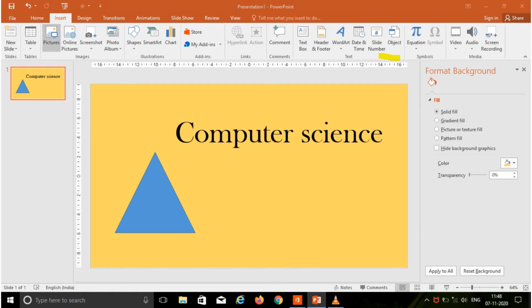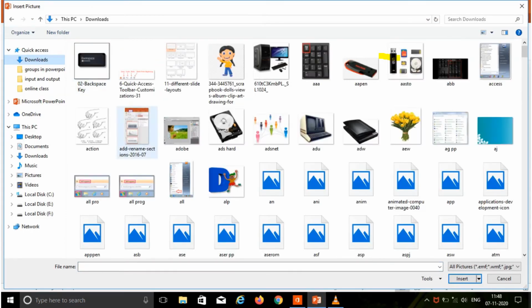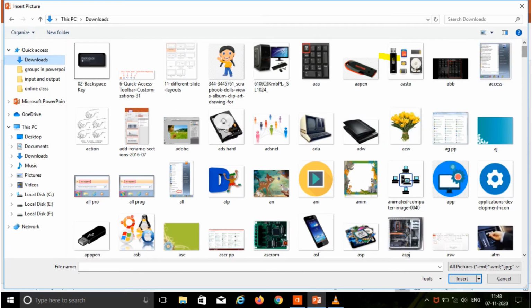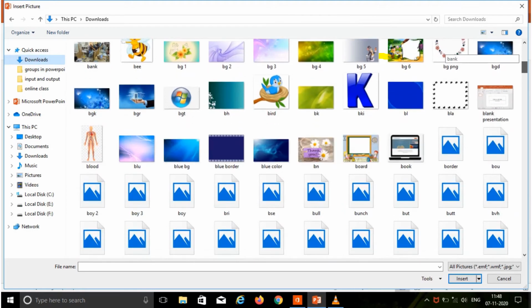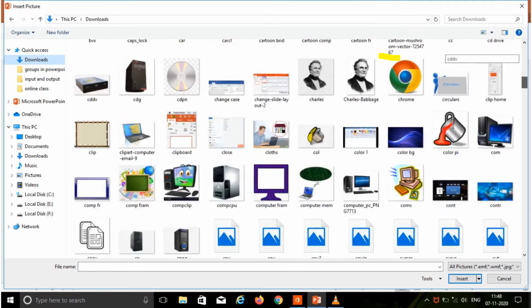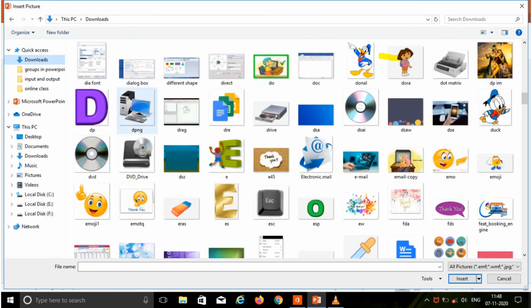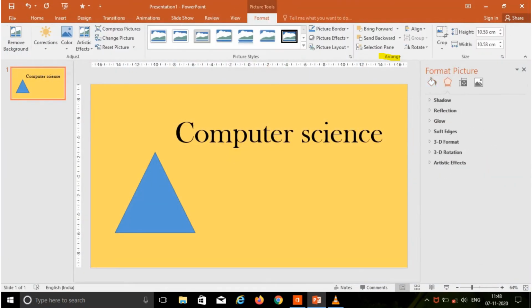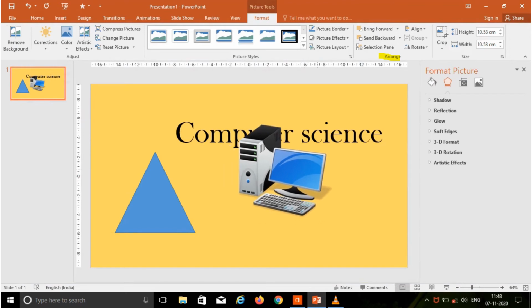Click Insert and go to the Pictures option. The Insert Picture dialog box opens here. In this, I am going to choose one of the pictures in the PC. Here I am choosing this computer image. Click the Insert button, so your picture will be inserted in the slide.